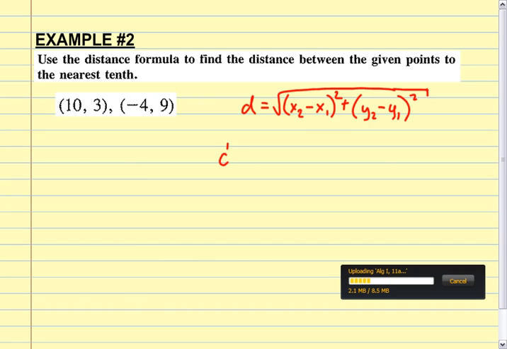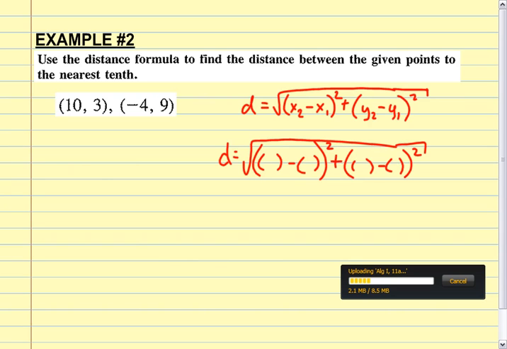I'm going to draw it a little bit bigger here and let some folks fill stuff in for me. Parentheses minus parentheses squared plus parentheses minus parentheses squared. All right? Good. Walker, help me with these in the front. 10